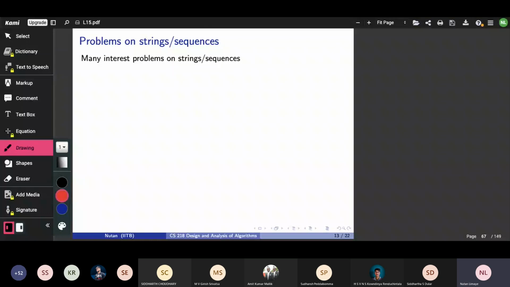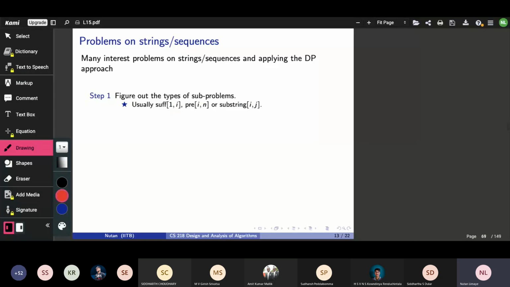So what we are going to do next is actually try to solve the substring problems, one of them. So the typical steps, let me recall and let me show you what they typically become for these string problems. Step one we've said was to figure out what the subproblems are going to be. And usually in these string problems, it's either an interval, a suffix or a prefix. Or it may be a substring sometimes. So that's a nice thing, that defining subproblems, looking at the problem, is often quite easy in this case.